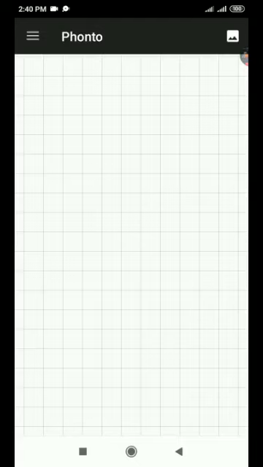So now we have our Phonto app open right here, and the good thing about Phonto is that it comes with a grid. You have the default grid patterns, which makes your designs come out more accurate. That's more of the reason why I use Phonto. What people don't know is that you can do professional graphic design on your Android phone, and Phonto is one of those apps that give you the freedom to